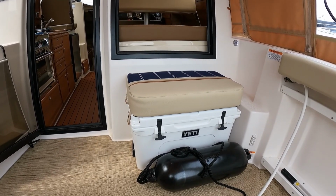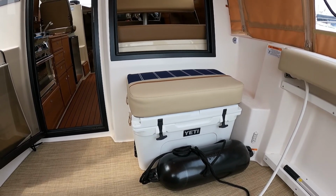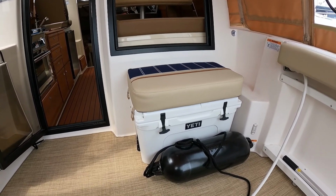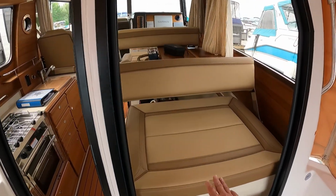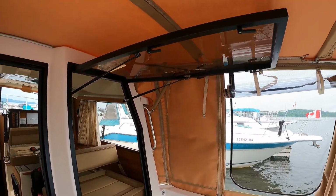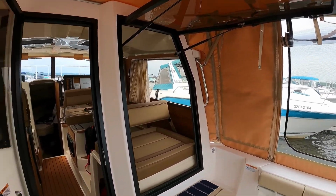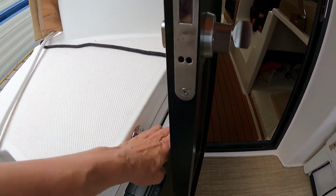That's the cushion that we had made extra special and had all the fabric sent to us from the factory, and it absolutely matches the other seats in the cockpit, and it sits on top of the cooler. You can actually sit here as well in the window seat, and I'll show you that window that's folded up. There's 2 gas struts, and it folds upwards, and you can close that, and you see the door as well. The door has a little latch,